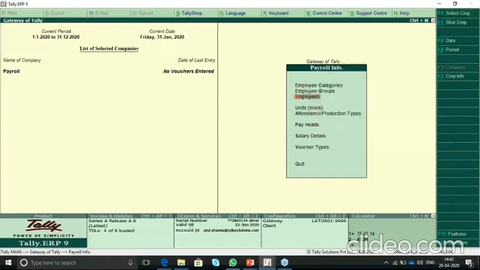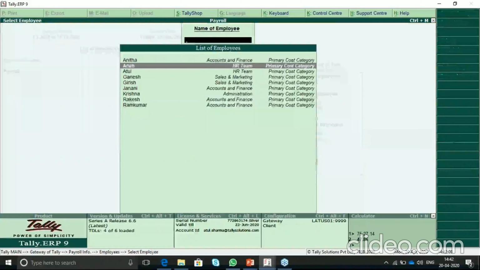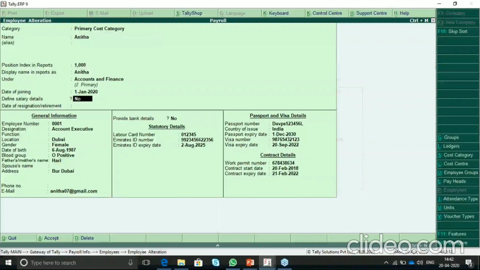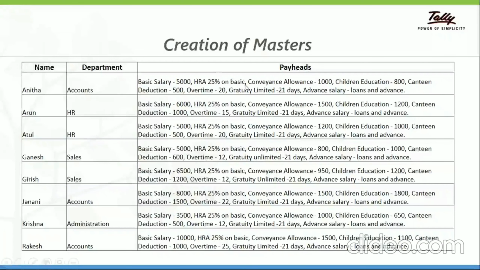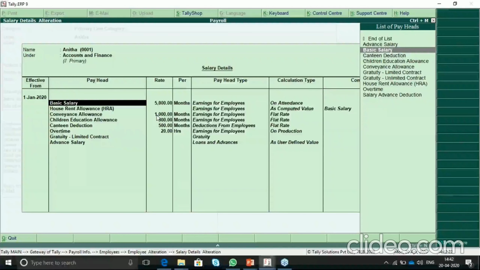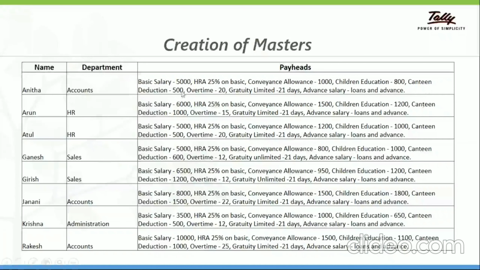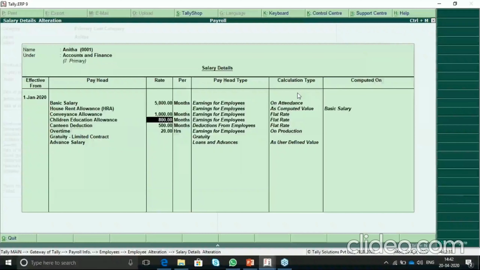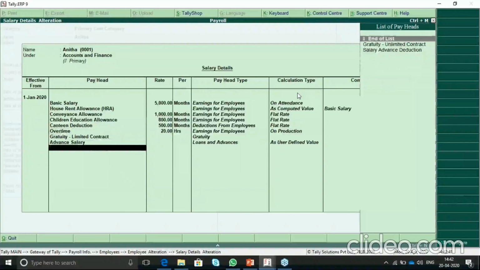Now we have defined the salary as per the department. So see, for Anita, I'll show you. Basic salary was 5,000, HRA 25%, conveyance allowance 1,000, children allowance which is 800, canteen deduction 500, overtime 20, and gratuity as per the 21 days limited contract, and advance salary.